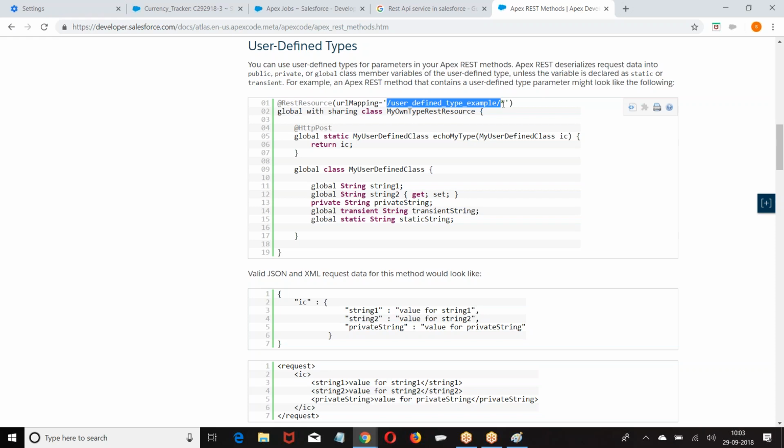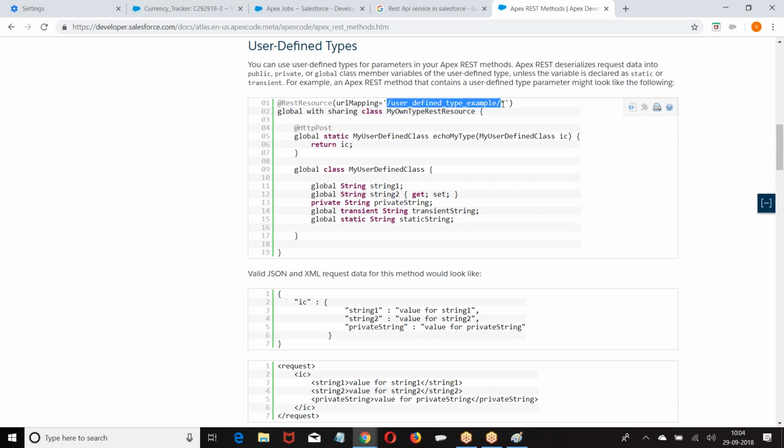So then I go for what? With sharing. What is with sharing? If you define a class as with sharing, the class will run in the user context. User context means whatever his profile is allowing, whatever his sharing rules are allowing, whatever the field level security is allowing, only that will be visible to him.